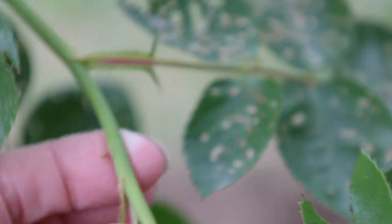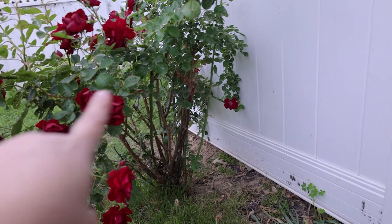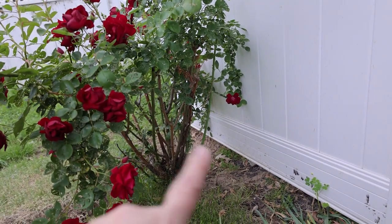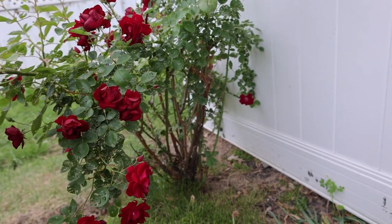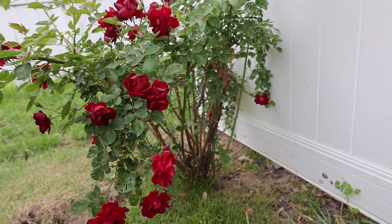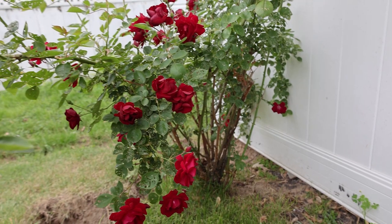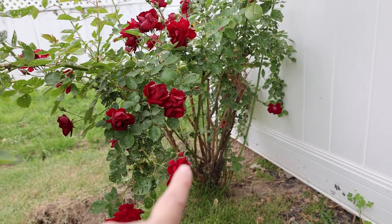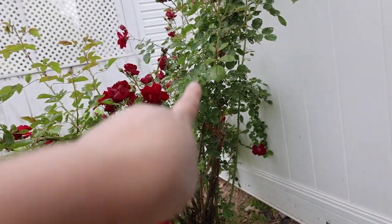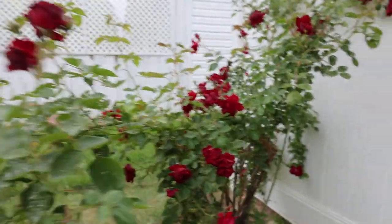I have to be careful touching, but these stems are not stiff, they're bendable. Those down there that have been there a long time, they're pretty stiff. Now after these get done blooming, you can kind of see right here, I've actually cut it off even further. I will cut it off all the way down to the bottom, and it will begin growing again. So it blooms on old wood. In other words, the wood that grew the previous year. So I'll cut it all the way off, and it'll begin growing, and then from here on up, all of this grew since I cut it off a year ago,